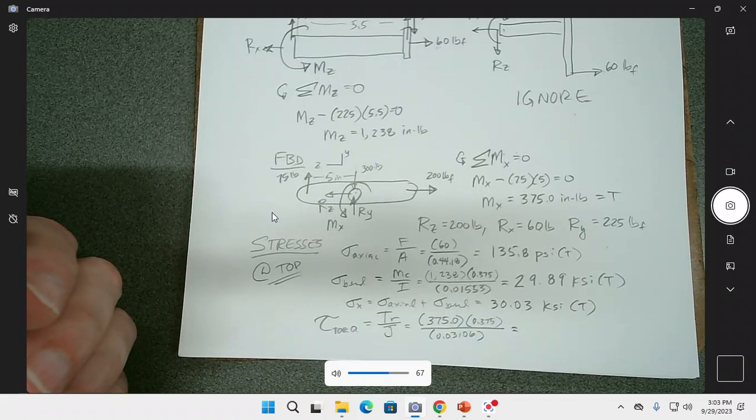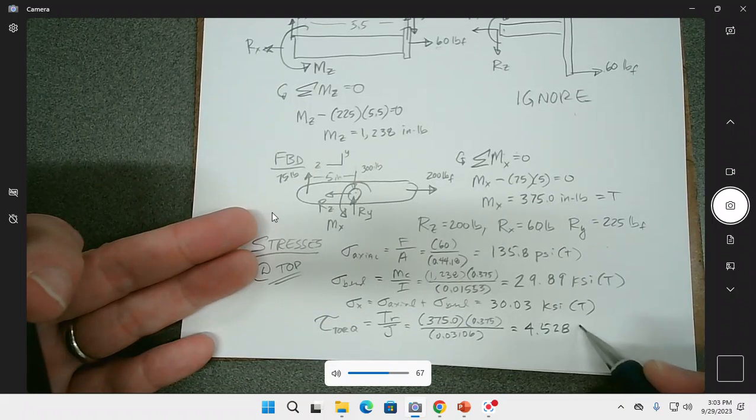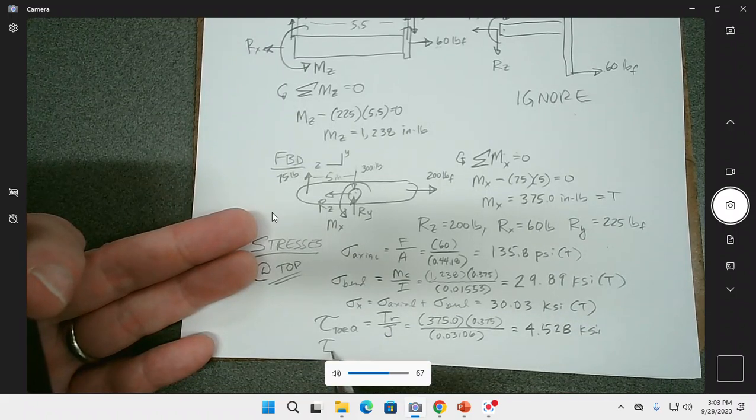So that's only going to be like 4.528 KSI. And then the last one we want to do is transverse,